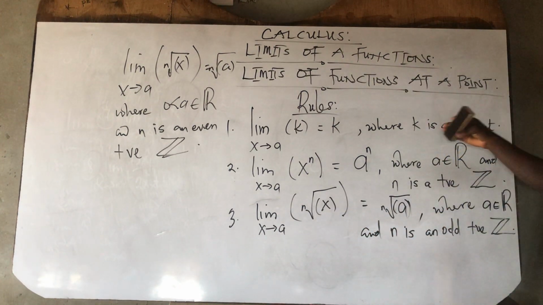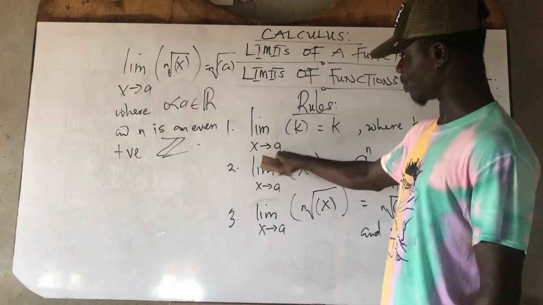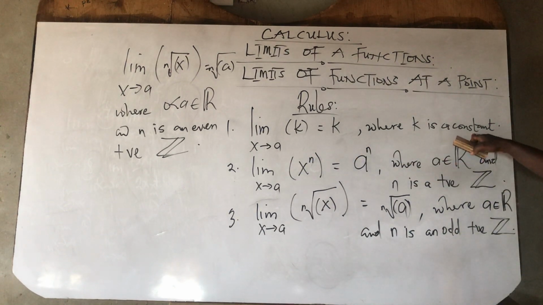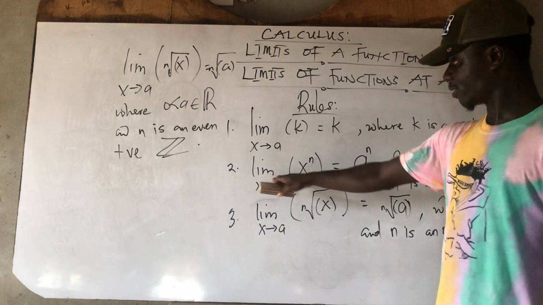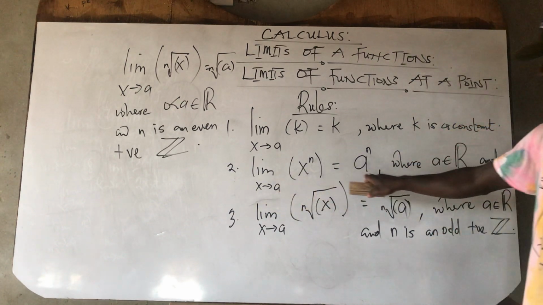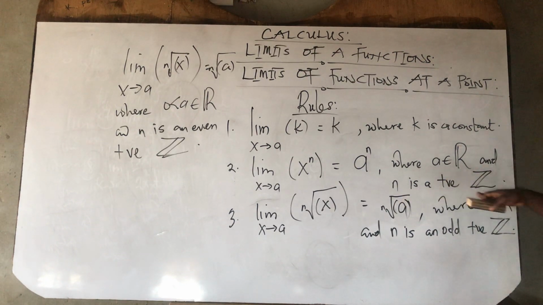I believe you understand this one. So we have the first one, which is the limit of k as x approaches a, which is equal to k, where k is a constant, right? Then the limit of x to the power n, where x approaches a, equals a to the power n, where a is a member of the real numbers, and n is a positive